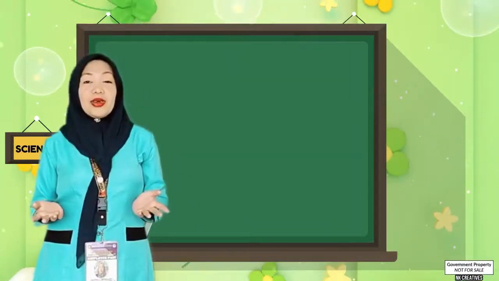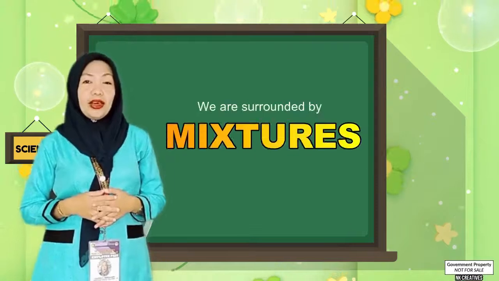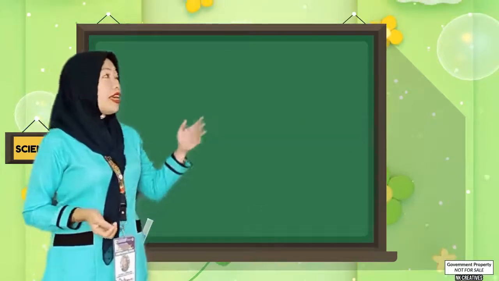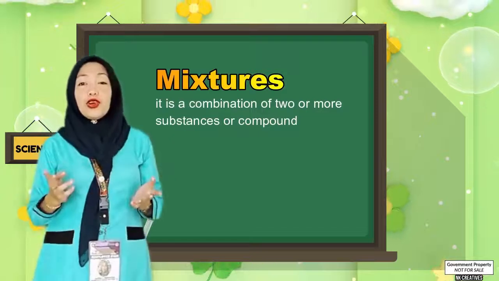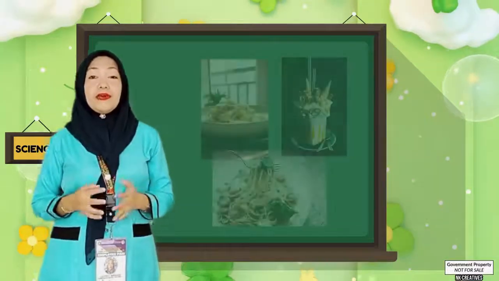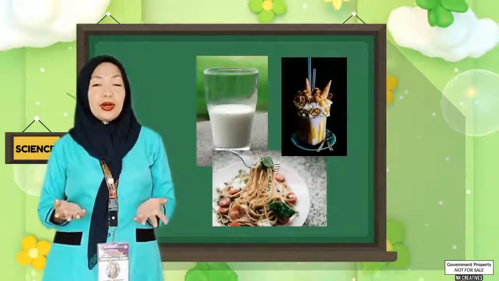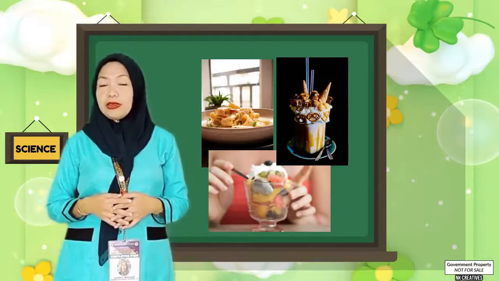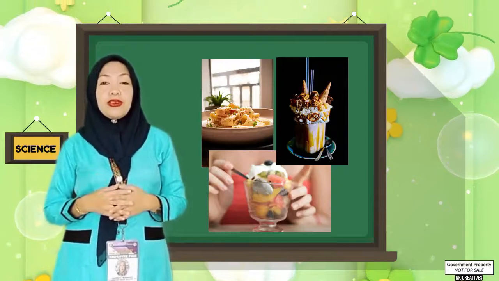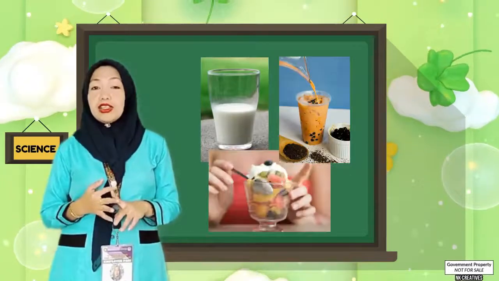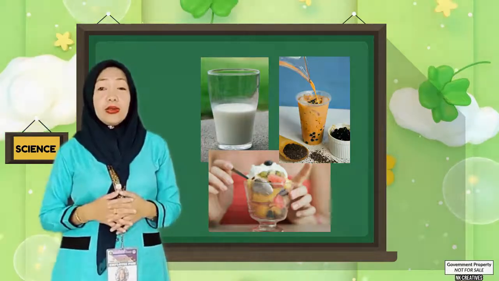From the previous lesson, we have learned that we encounter mixtures in our everyday lives. A mixture is a combination of two or more substances or compounds. For example, most of the food that we eat, like macaroni, halo-halo, and cakes, are examples of mixtures. And of course, most of the drinks that we drink, like coffee, milk tea, juices, and soft drinks, are all examples